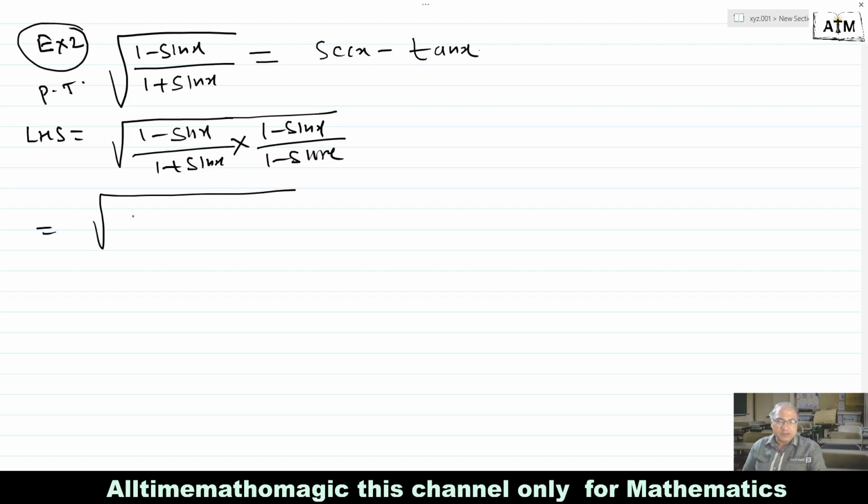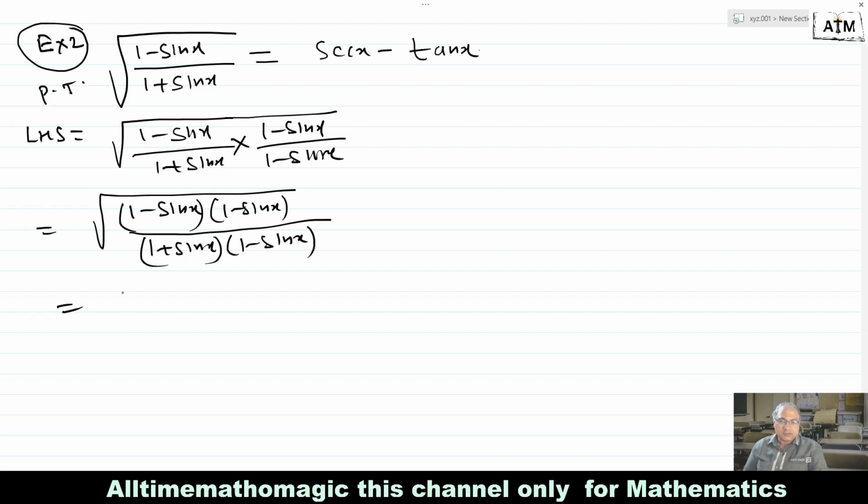We get here 1 minus sin x multiplied by 1 minus sin x upon 1 plus sin x multiplied by 1 minus sin x. So here 1 minus sin x is multiplied 2 times, therefore it is equivalent to (1 minus sin x) whole square